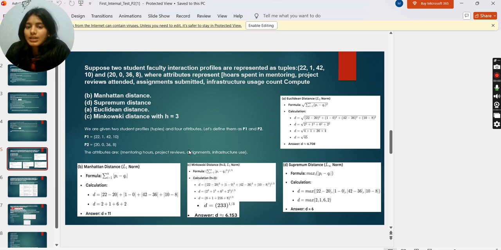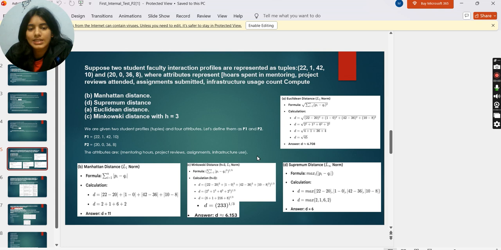Let's define them as P1 and P2. P1 और P2 में वैल्यू पुट करने के बाद the attributes are mentoring hours, project reviews, assignment, infrastructure use. By Euclidean distance, we put the values in the formula and calculate, and the answer will be D is approximately